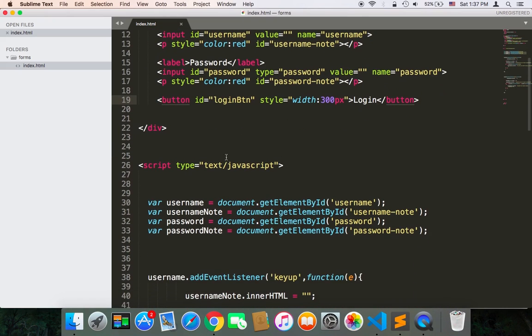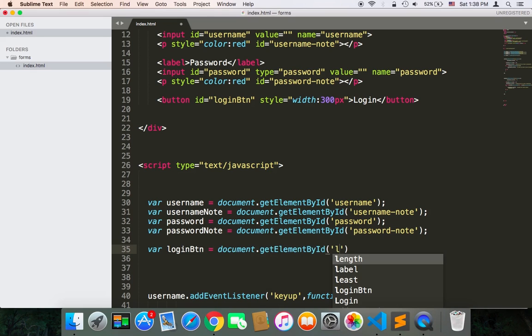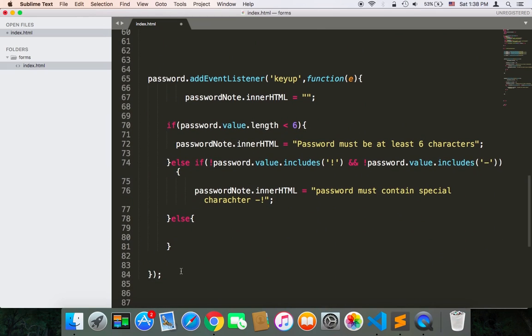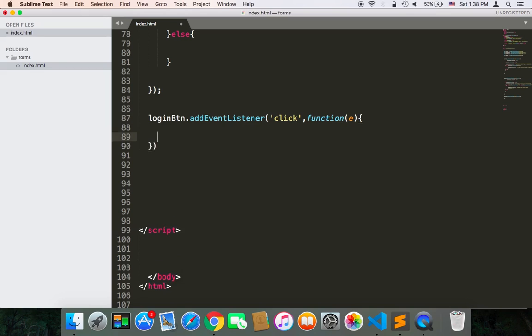Now let's make a reference to this button in the JavaScript, in the script. So here I'm going to create var loginButton equals document.getElementById, and then we pass the ID, which is loginButton. So now we can use this loginButton to add a click event. Just below the password here, I'm going to add a click event to this button with addEventListener, and the event that we want is click, and the callback function here, function,